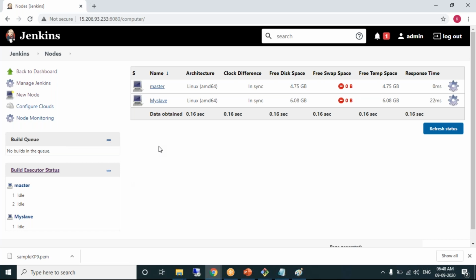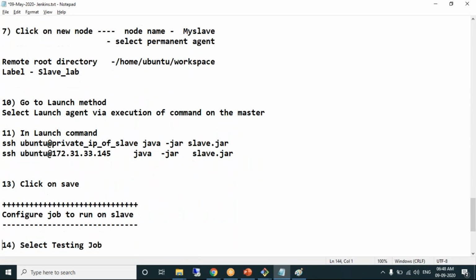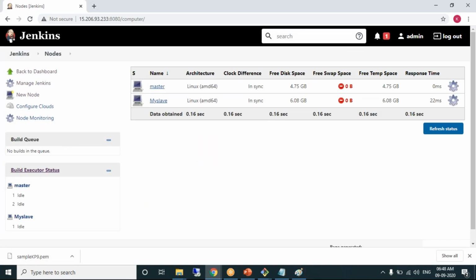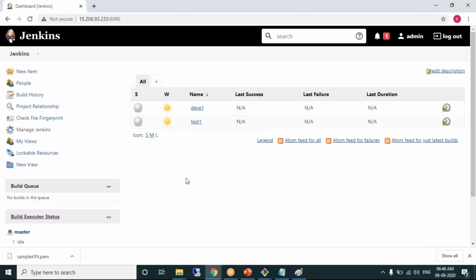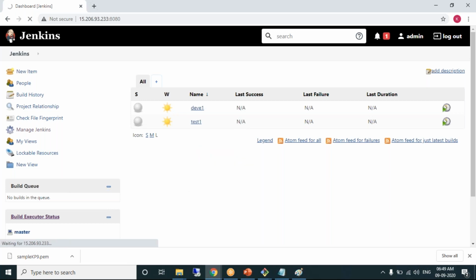I have created a new node in Jenkins. Fine. Now, that's it. Master slave configuration is done. Go to Jenkins. We have two jobs, right? One is test job, the other one is dev job. What this job is doing, I think it's an empty job.